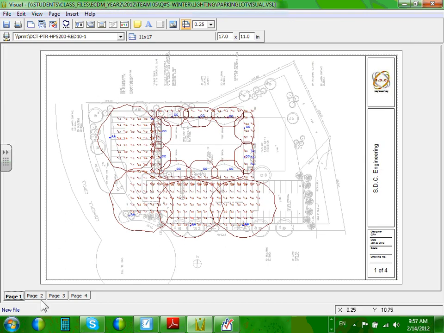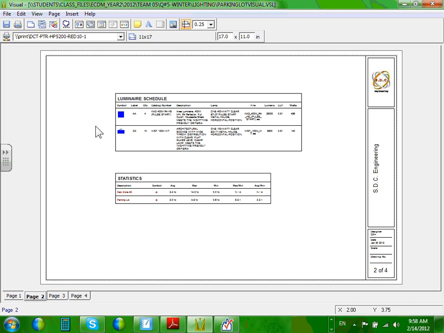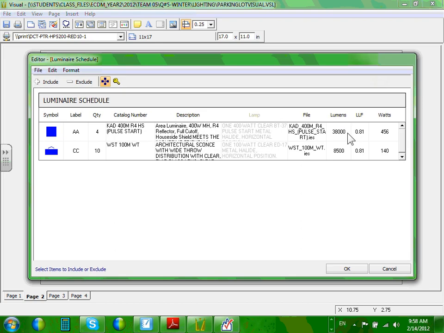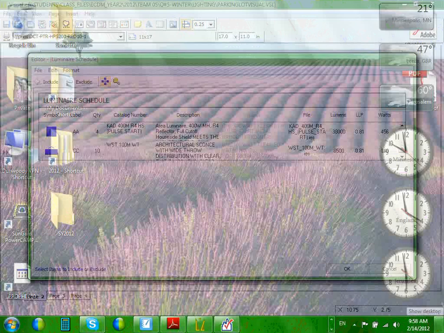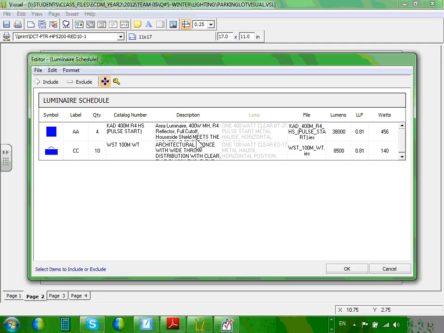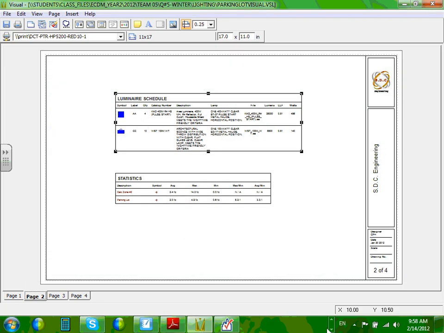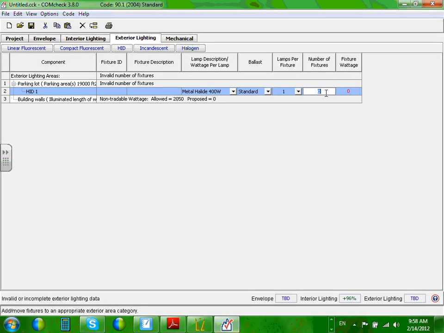And I'm going to go to my schedule. Okay, here's my schedule. I can't see it here. Okay, here you go. So my schedule says right now, the 400, can you guys see that? It's 456. Yes, it's a 400 watt, but the watts for it is 456. So make sure you go to the schedule to get the watts, okay? It's 456. So I'm going to go back into my visual and put